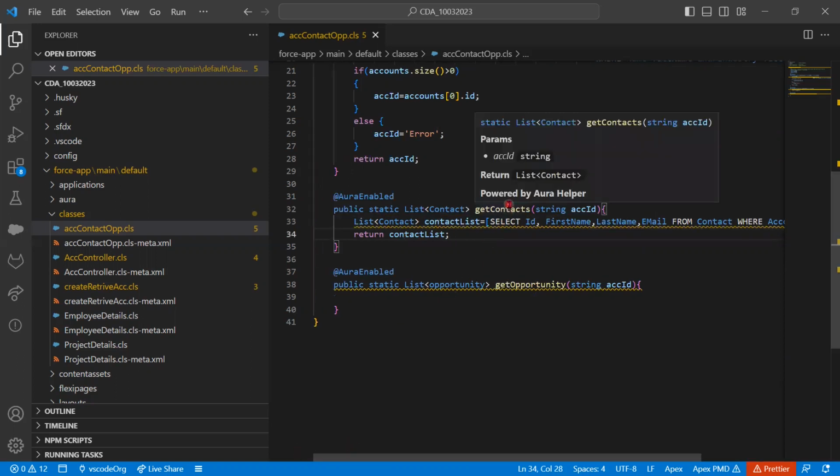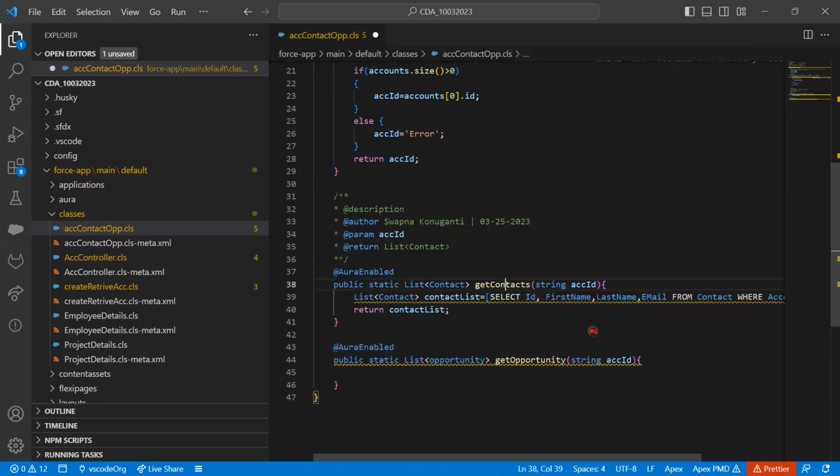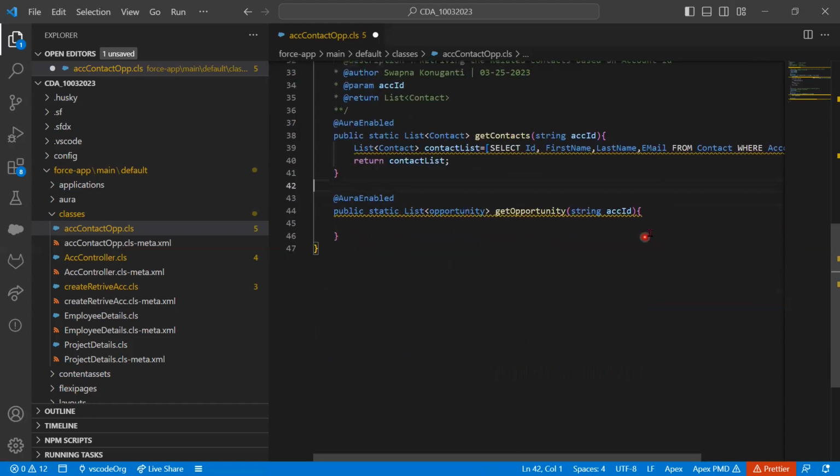Let me add the comments. Retrieving the related contacts based on account ID. Perfect. And the third method,